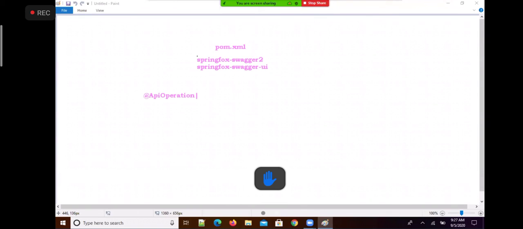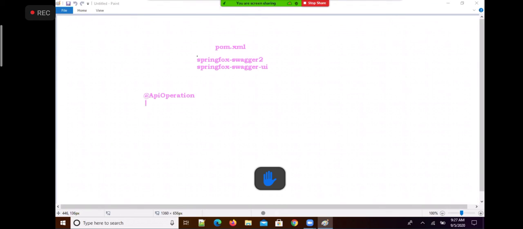ApiOperation is used to write the description of each REST endpoint. The description of a REST endpoint which should be included in the documentation is written through @ApiOperation.